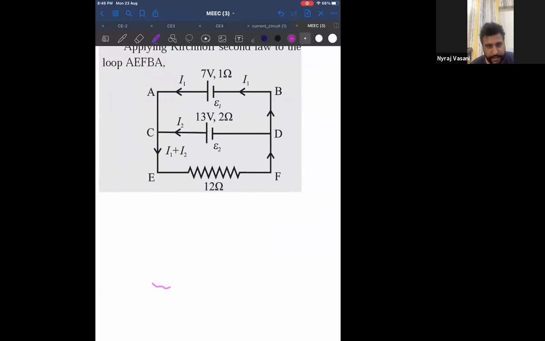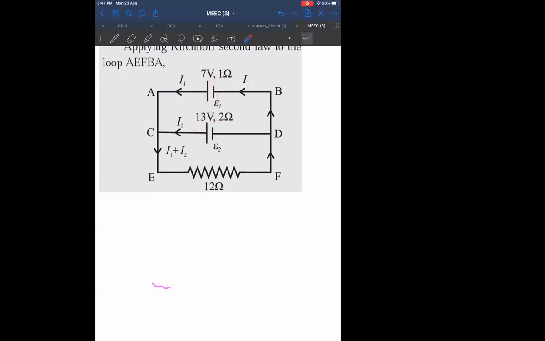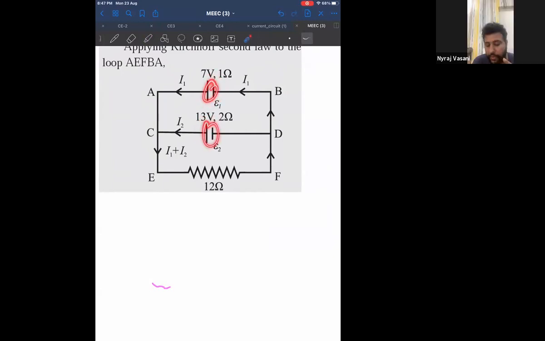Imagine. Now one thing you notice in a circuit: how many batteries or voltage sources are there, only that many currents can be there. Therefore, if you look at the circuit, how many voltage sources are there? Can I say there are only 2 voltage sources? Therefore, in this whole circuit, I'll have only 2 currents, I1 and I2. The third current will be the sum of I1 plus I2. You cannot have more currents than the voltage sources. Number one thing you should remember. I'm telling you this because when you draw your own circuit, you should keep this in mind.